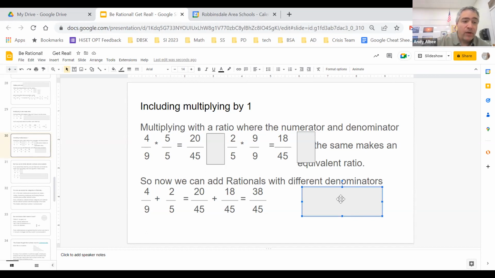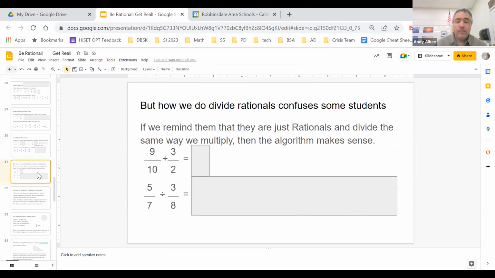Emphasizing that multiplication by 1. Yes. Thank you, Lindsay. Okay, but what about the division? Okay, the division,